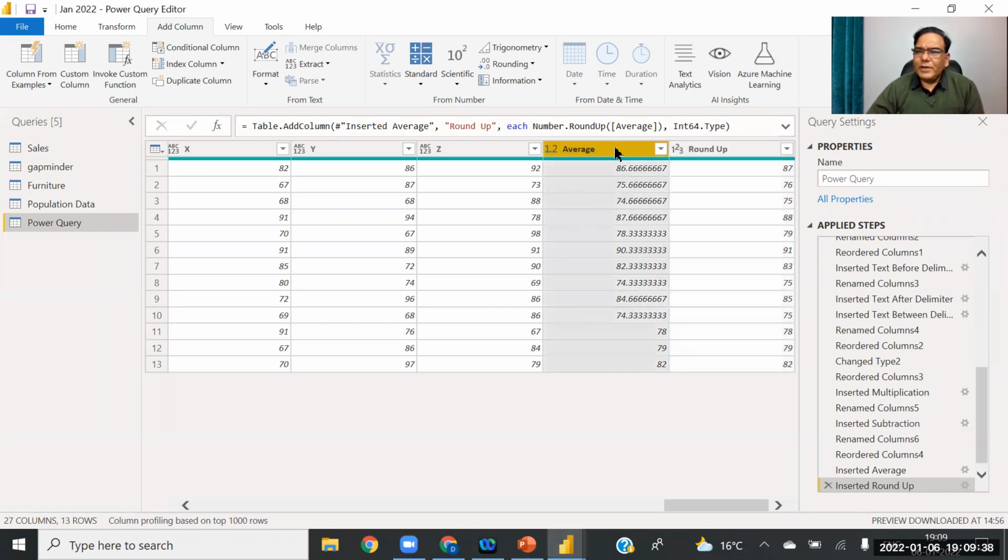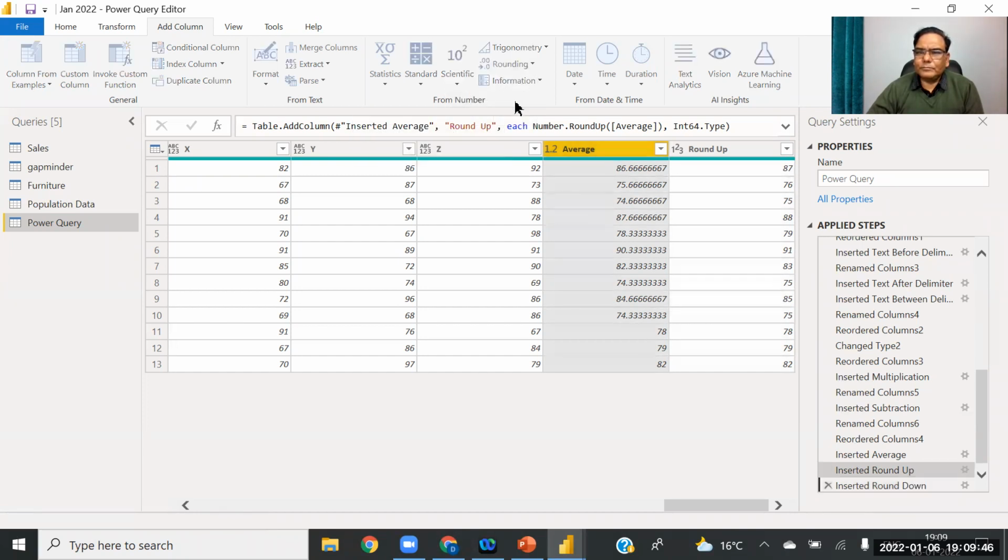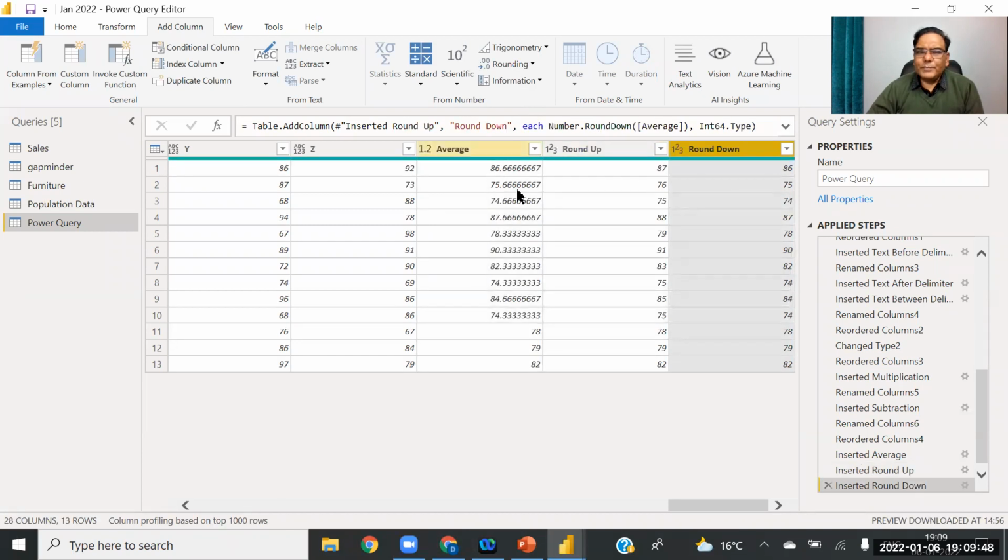Okay, similarly, if I go to rounding down, then 86.6 becomes 86. So 86 becomes 86, 75 becomes 75, 74 becomes 74. So the software is giving you two choices. You can round to the nearest higher side, or round to the nearest lower side.